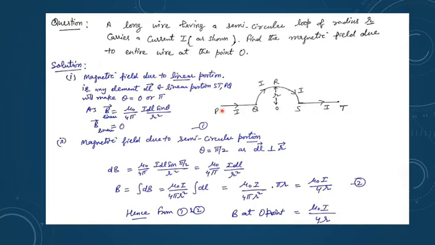Due to the linear wire, theta is coming 0 or pi with this O point. If I take r, this is the r direction, it is making 0 angle. If for this you take r, because here you may give some different name x, then the direction will be 180 degree theta. So if you put it in this basic formula for the linear wire, sine 0 or sine 180 is 0 itself. So B due to the linear part will be equal to 0. I have called it equation number 1.